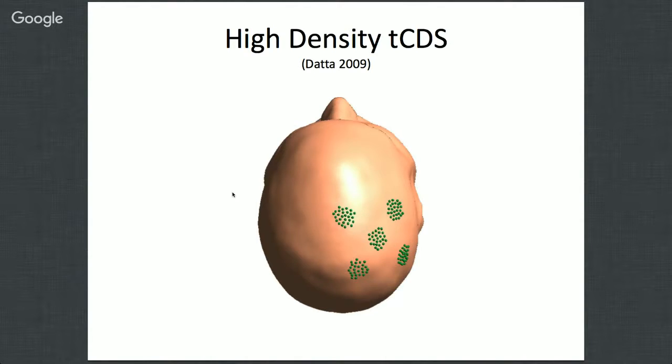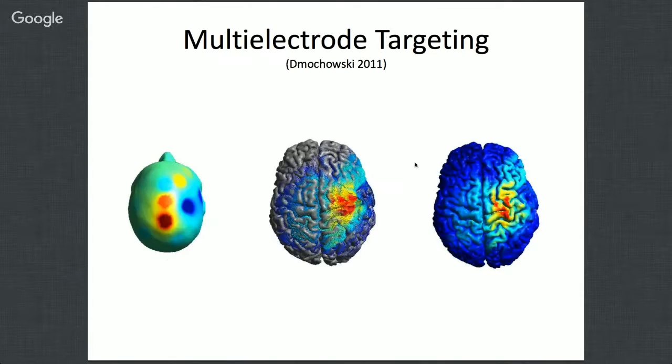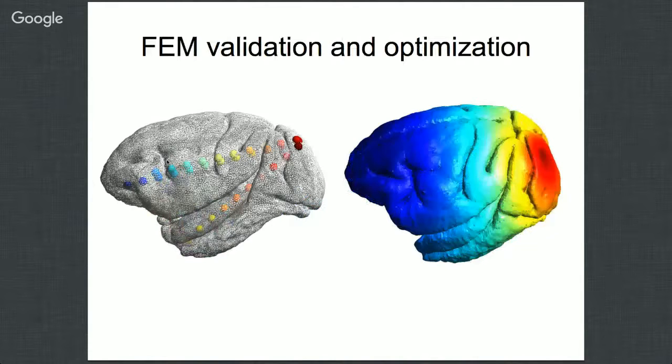There are other approaches for TDCS, based on modeling, that try to focalize electric fields a little bit more, using multiple electrodes that lead to a much more focal electric field. What you can do is use the whole EEG-like cap and individually stimulate each of those electrodes. These are now also commercially available. For example, at the NKI, we have an 8-channel stimulator where we can control each of the 8 input channels and try to optimize the electric field a little bit more. So that's what we're also working on now at the NKI